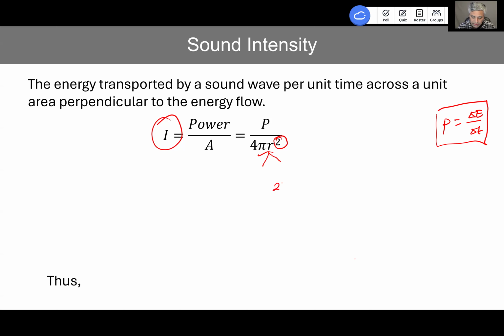So when we double the distance, the intensity is going to be 4 times smaller, but if we go halfway, then it's going to be 4 times larger. Even when the source is the same, the power is source related, and intensity is what we receive, what we perceive, what a particular surface area receives, and that's what the intensity is. Okay,